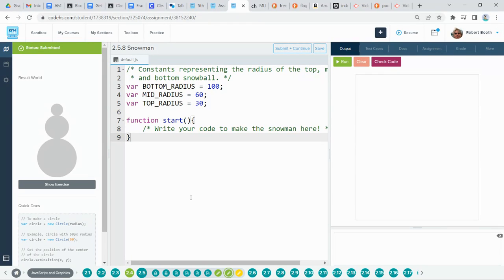All right, so this is the snowman exercise. I'm going to get this one started for you, okay? I know that it looks like you'll be done when you have three circles, but I'm going to do those three circles for you. So what you're going to do is more than the three circles because the eventual goal